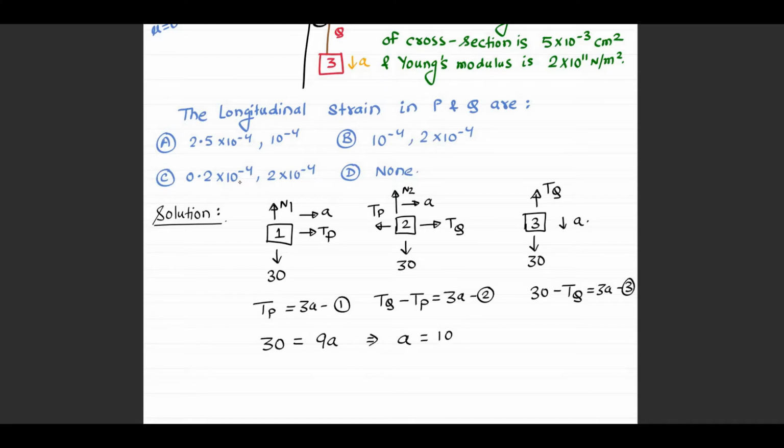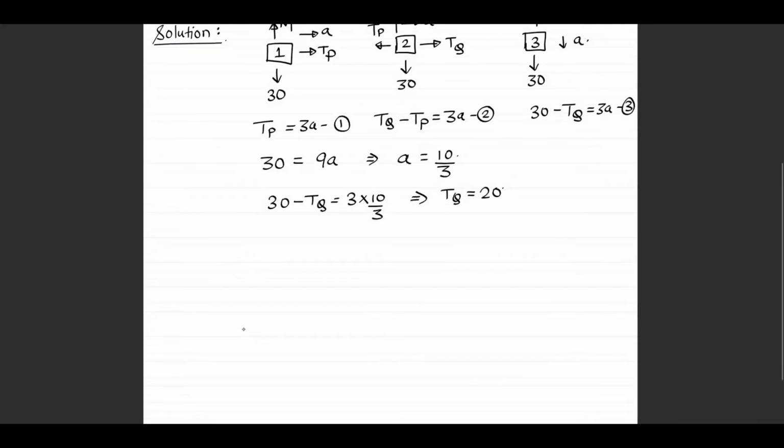So acceleration will be 10 by 3. If I put this in equation 3, so TQ will be 20. Once I get TQ, I know A, I can get TP from here, or TP can be more easily calculated from the first equation. So TP will be